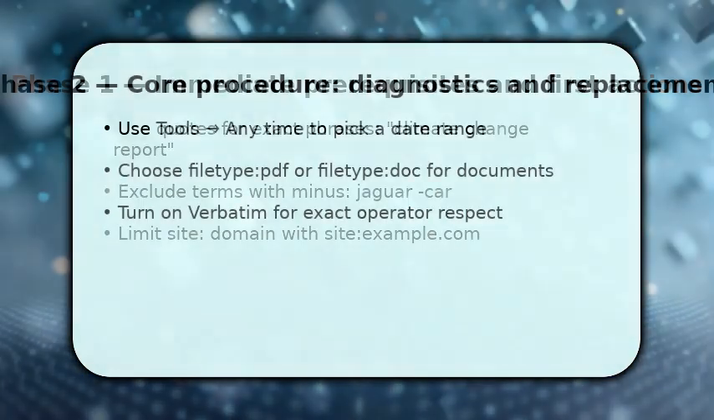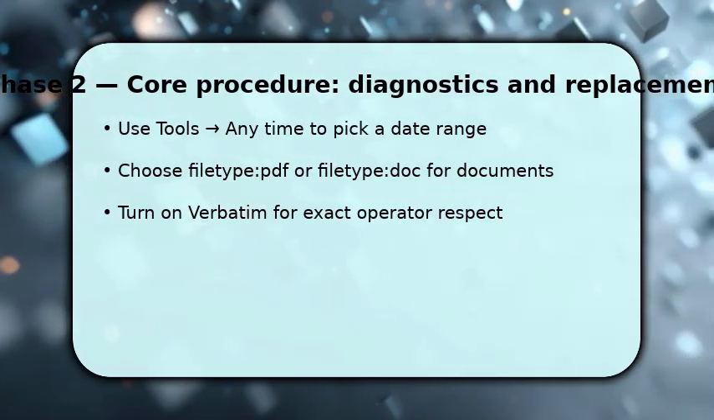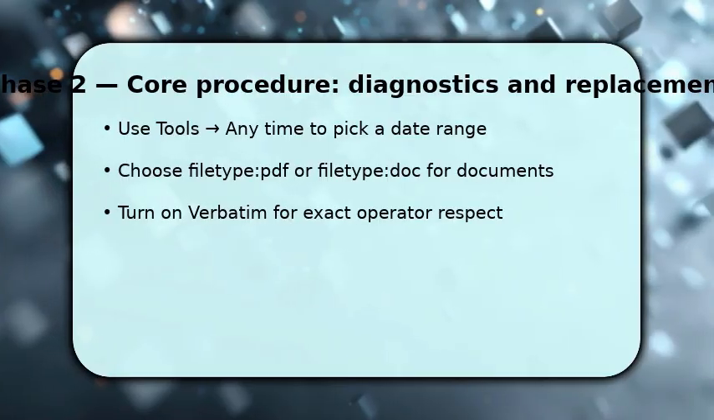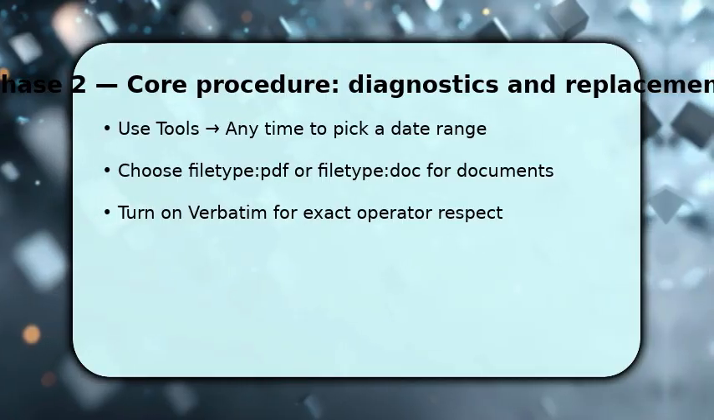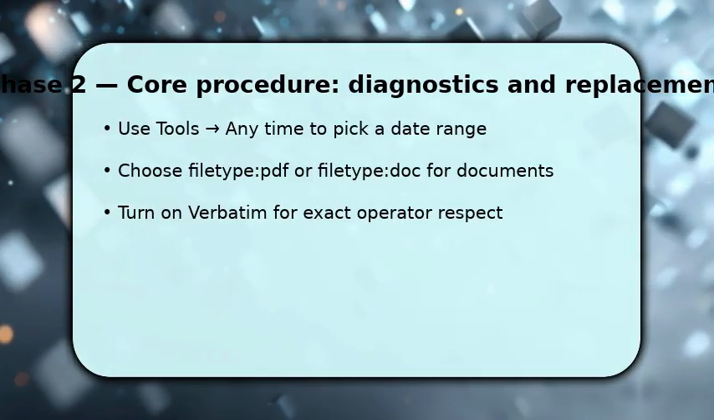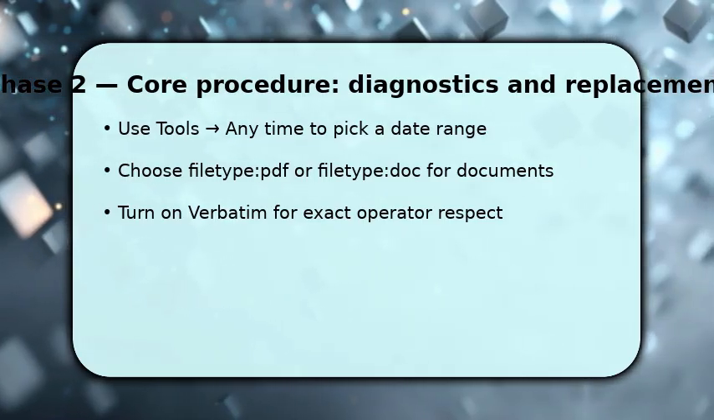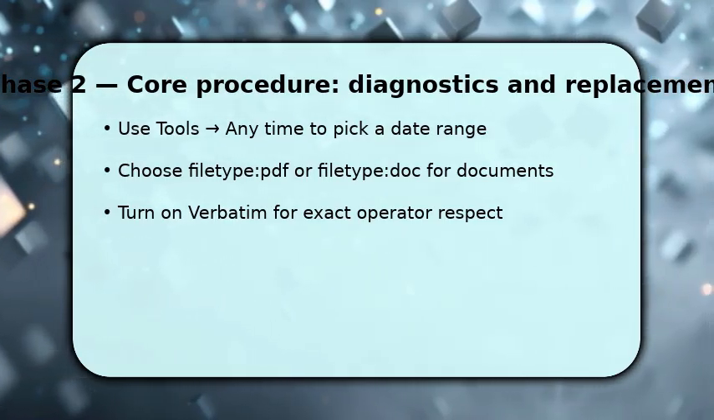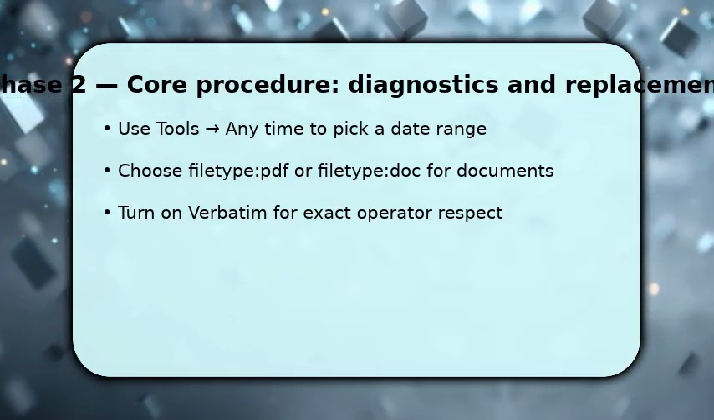You now refine results using Google's filter tools to control freshness and format. Click Tools and choose a time range when recency matters. If you need reports or slides, add filetype:pdf or filetype:ppt to the query so only those formats appear. For strict operator behavior, enable verbatim through search settings or the three-dot menu, since Google may otherwise rephrase